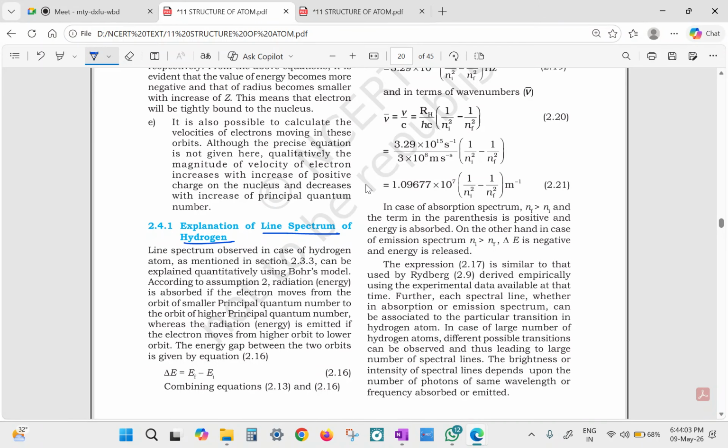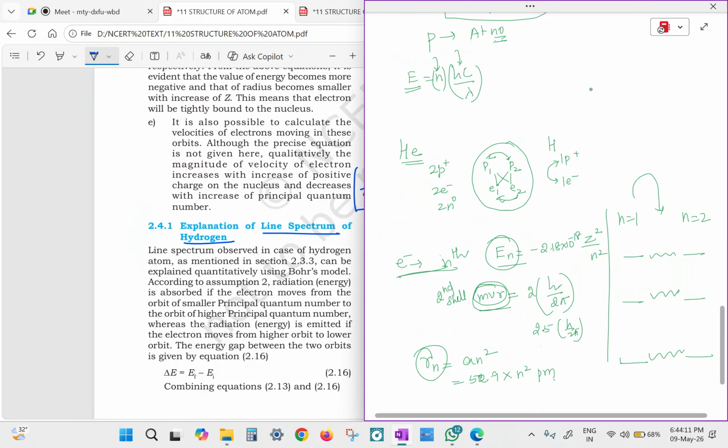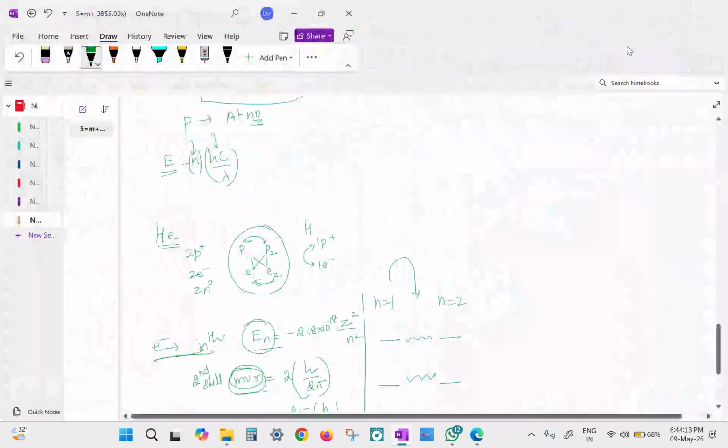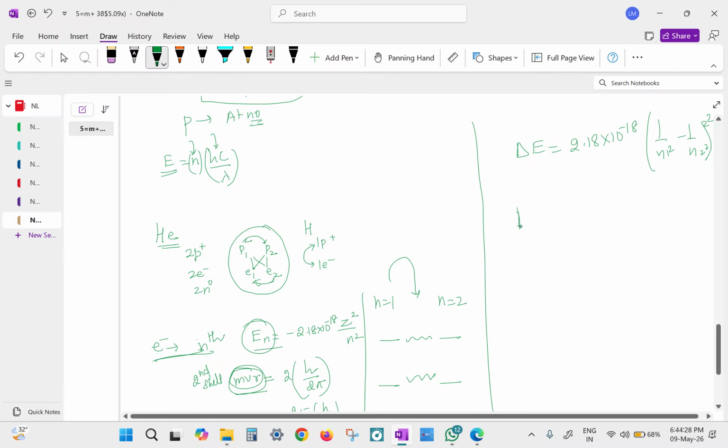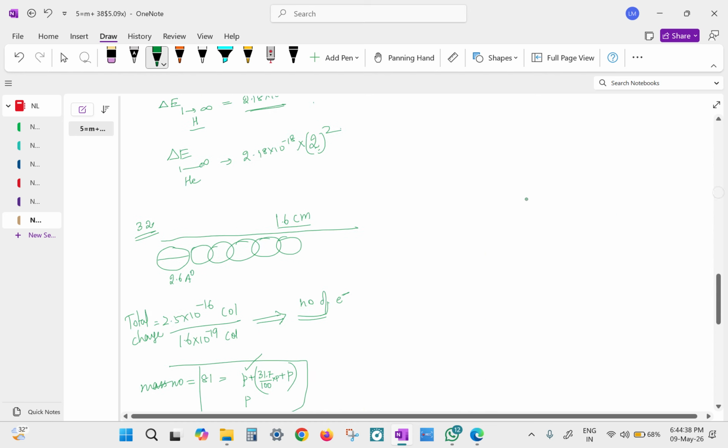So we arrived at the Balmer's equation. Remember? Balmer's equation and the Bohr's equation are interconvertible, indicating that both refer to the same concept. What you can do is, I was telling you del E is equal to 2.18 into 10 to the power minus 18, 1 by n1 square minus 1 by n2 square into Z square. If you take the wave number, nu bar, which is equal to 1.09677 into 10 to the power 7, 1 by n1 square minus 1 by n2 square into Z square, then